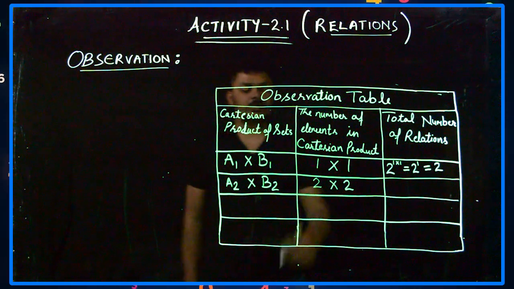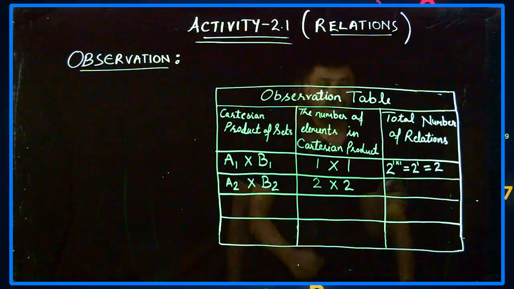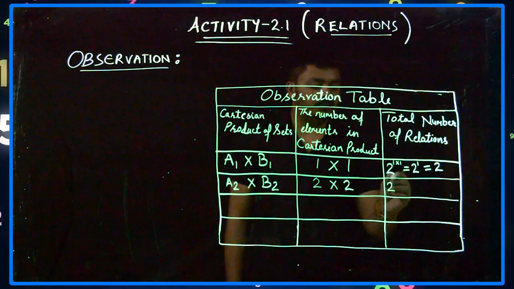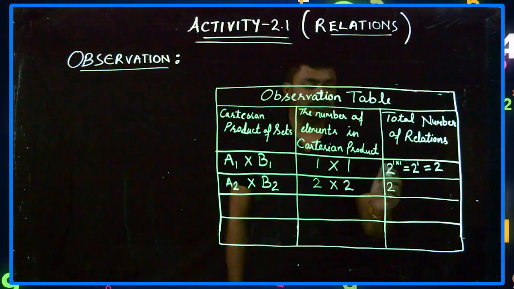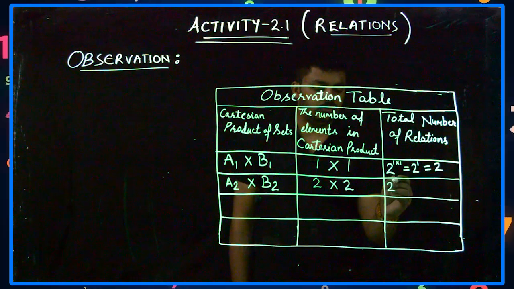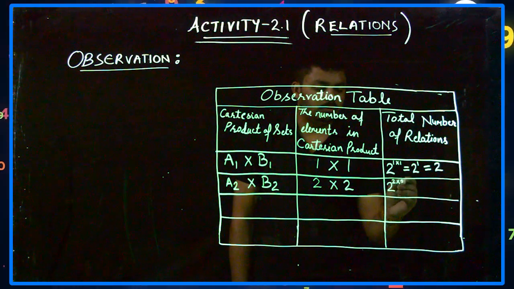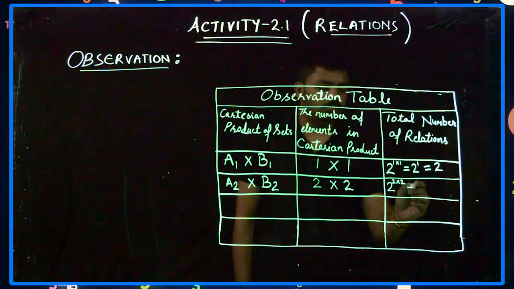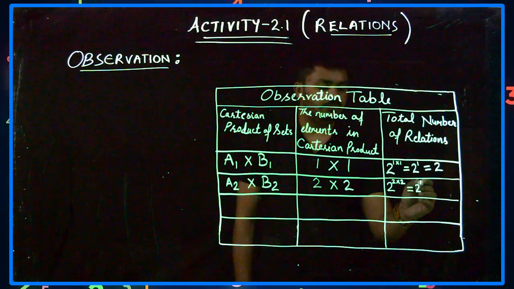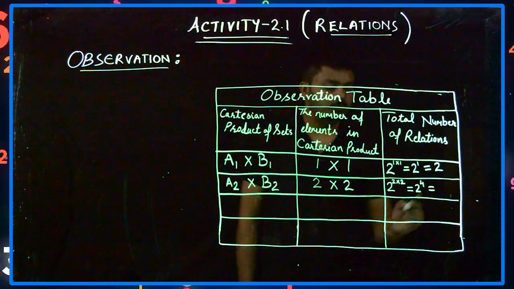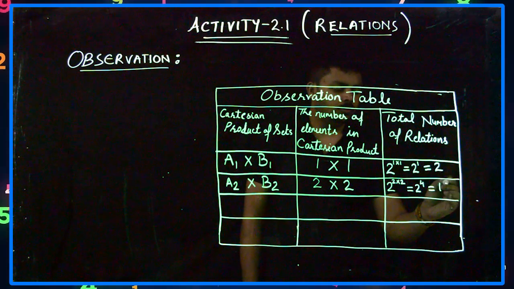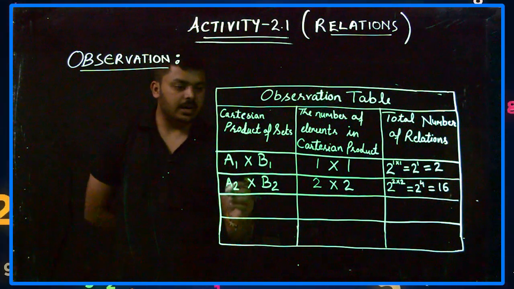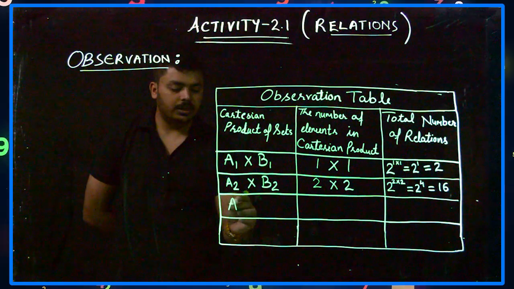So the number of elements in the Cartesian product becomes 2 into 2, so 2 to the power 2 into 2, which is equal to 2 to the power 4 equals 16. Our next Cartesian product of sets is A3